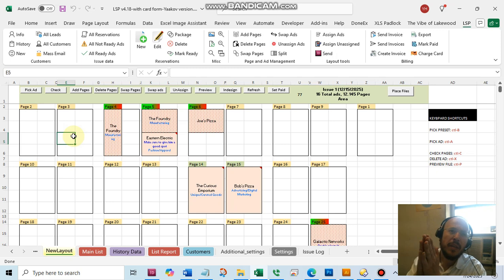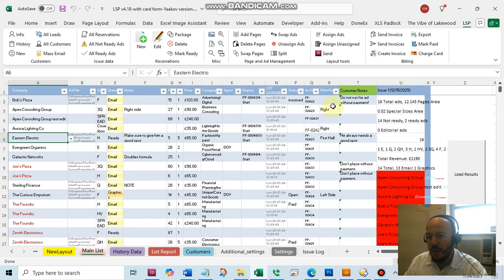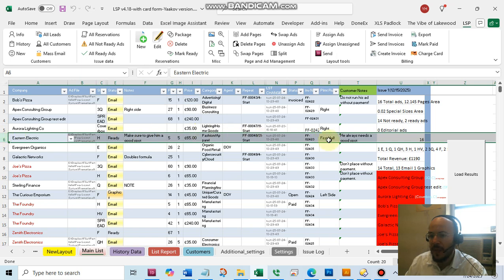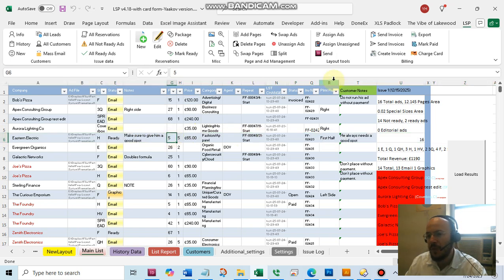But how does this connect to the reservation list? Because you don't even have to look at this. First of all, just to show you that we have told Apex it's got to be a right side. So when you hit assign ads, Apex got on the right. We've told Eastern Electric it's got to be the first half, and he's in the first half. So you can assign rules, you can assign ads. You can also